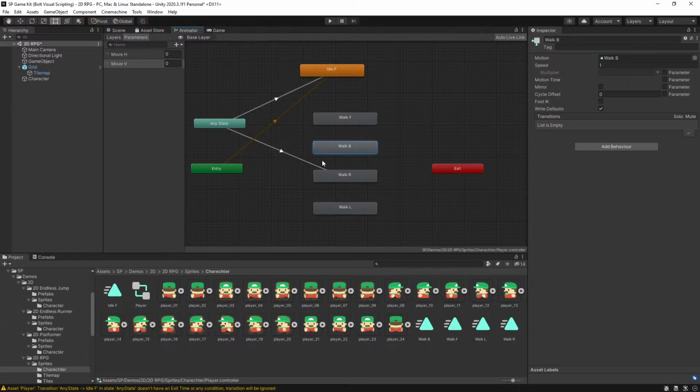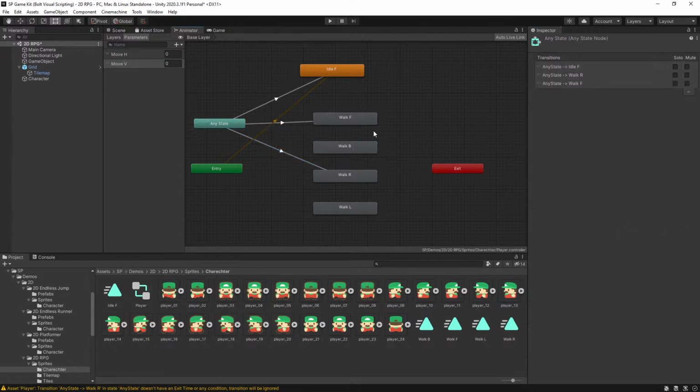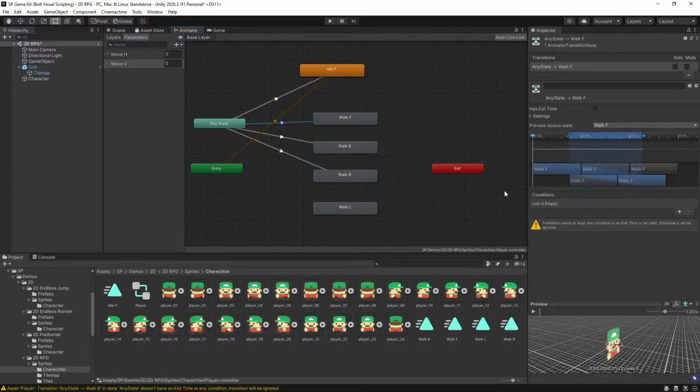So let's just use move right for both of them. In here we're going to check if move horizontal is not equal to 0, and for these we're going to move forward and move back. So forward if vertical